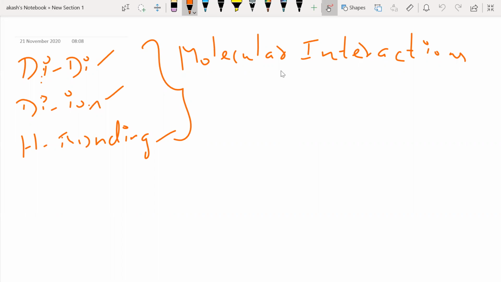Right? Say if you have HCl acid with you or HF acid with you, obviously there will be so many molecules of HF or HCl in that particular beaker, right? How are they able to stay together? So those answers are going to be given by all of these. That's why we call them molecular interactions, right? In the sense, between two molecules I'm going to have interactions happening, not between two atoms. If it happens between two atoms, then it is going to be a proper chemical bond. That is your primary bond.